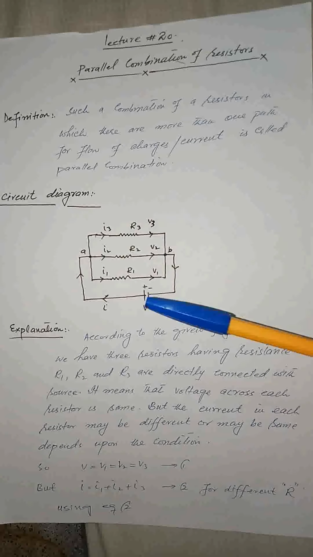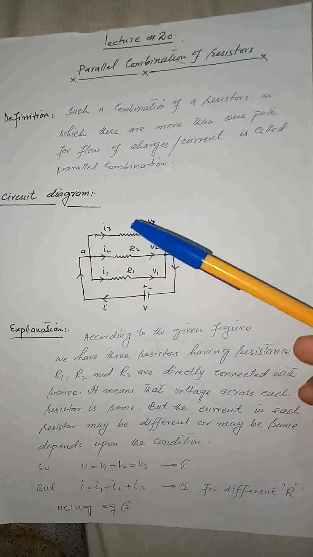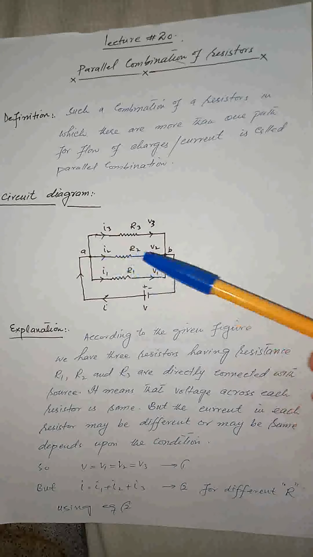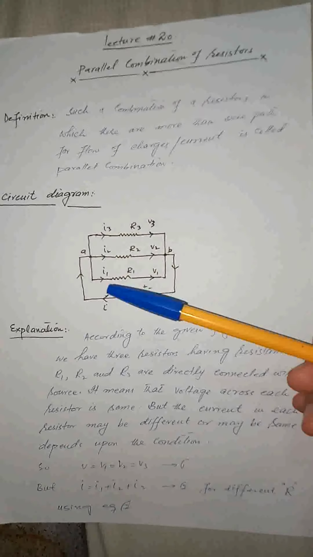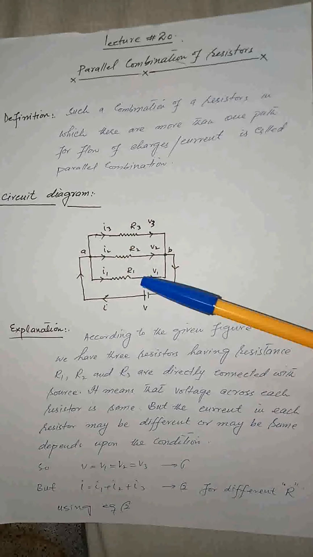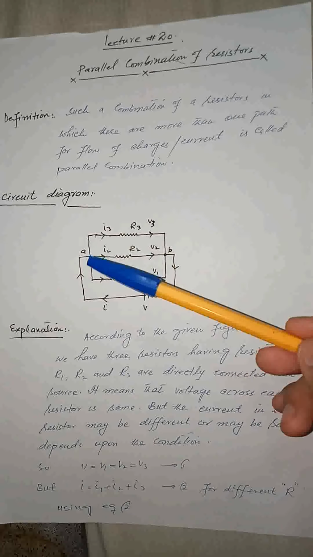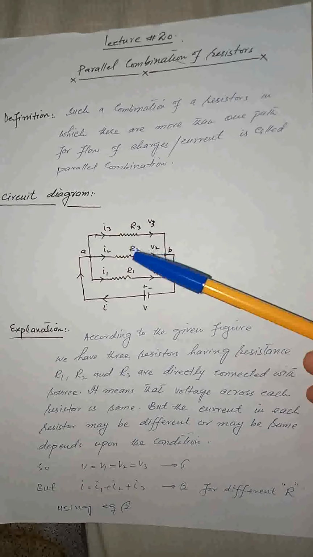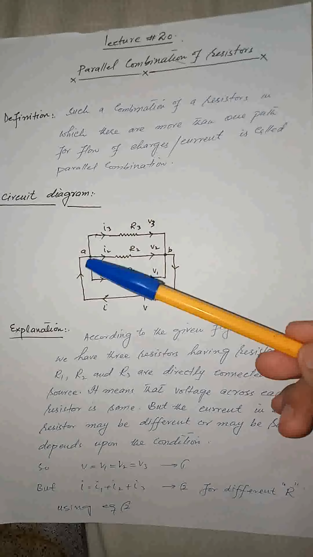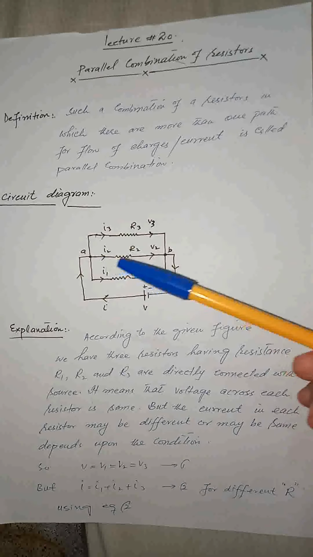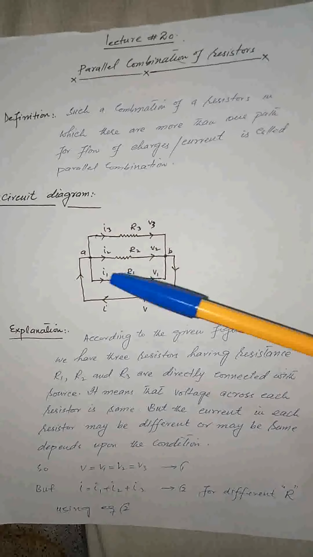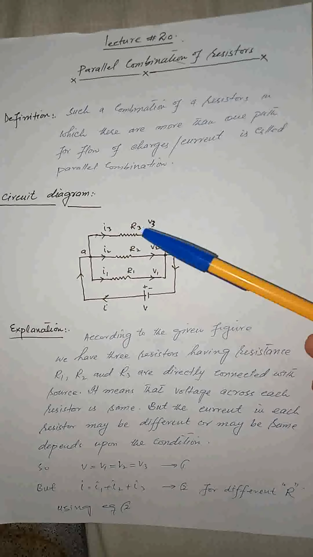Potential difference is the same, but the current will be different. If the resistors are different, then different amounts of charges will flow. Minimum charges will flow across that resistor whose resistance is more. Maximum charges will flow across that resistor whose resistance is less. But if the resistance is more, the charge flow or current flow will be less. So current will be different among all these three if the resistors are different.